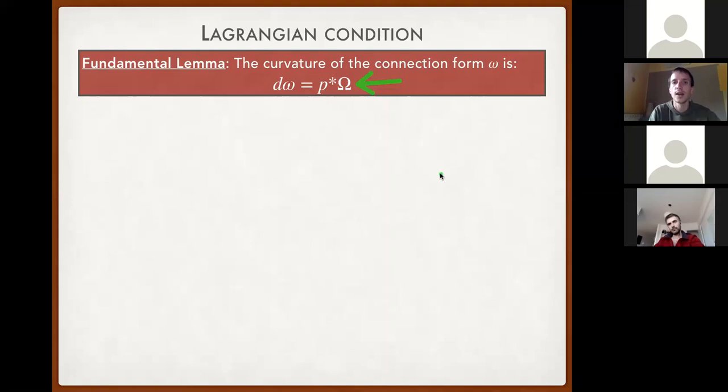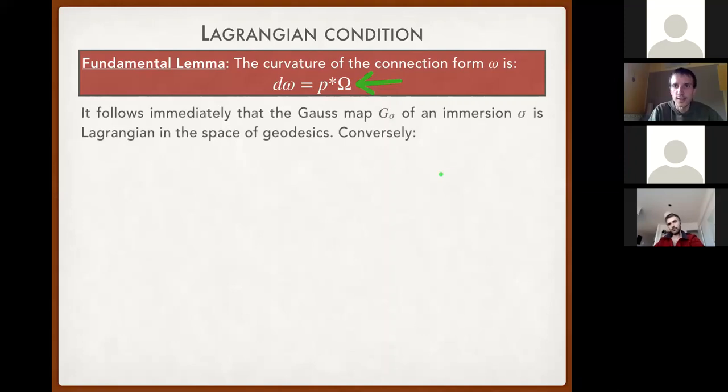Since the curvature in a principal bundle is the obstruction to admitting flat sections, there is an immediate consequence: if you take an immersion in H to the n+1, its Gauss map is necessarily Lagrangian with respect to this symplectic form. And that's just because,